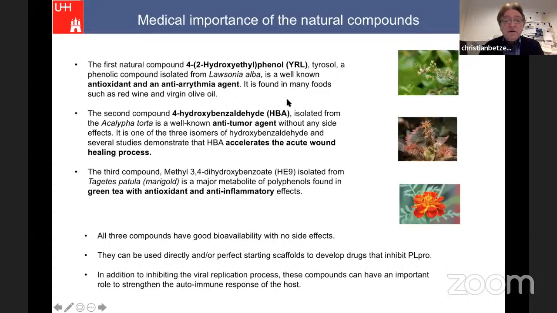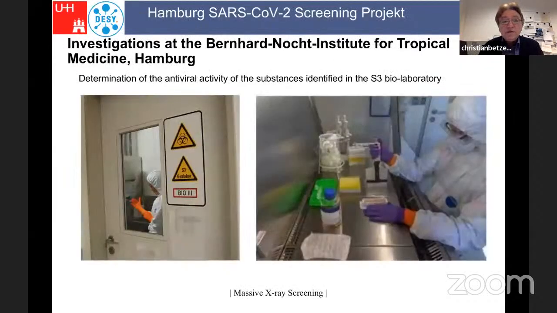Many of you in the audience know these compounds very well and I don't have to read them again. They have applications. They are known to be antioxidant, anti-arrhythmic, so they are used to treat heart deficiencies. Again, an anti-tumor compound, and again, this compound, which is today our favorite, we call it HE9. So we are going further to check these compounds. They are doing all these experiments I mentioned with mice and hamster.